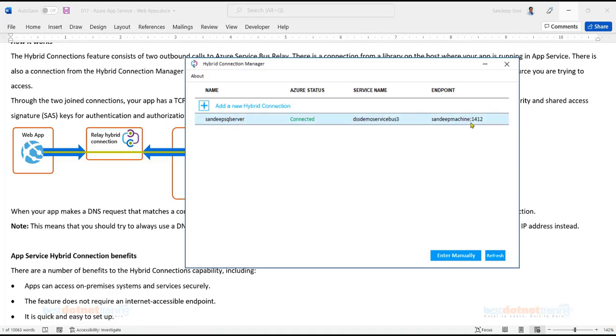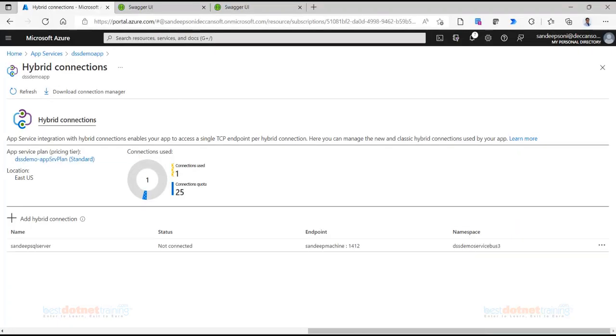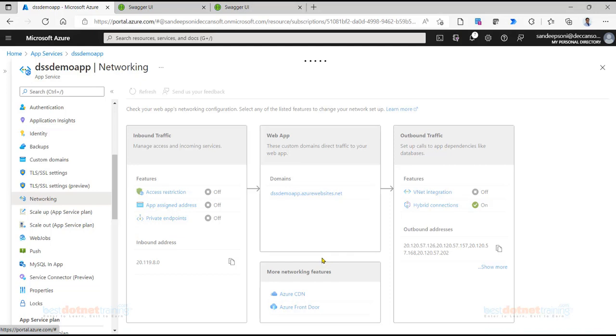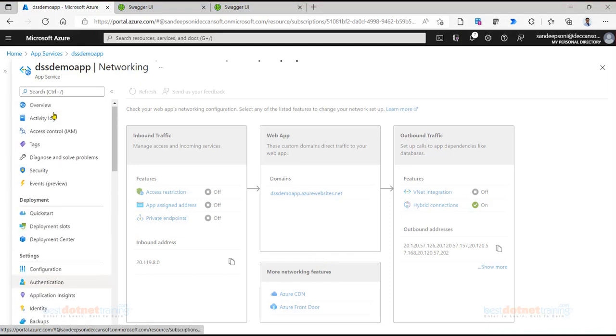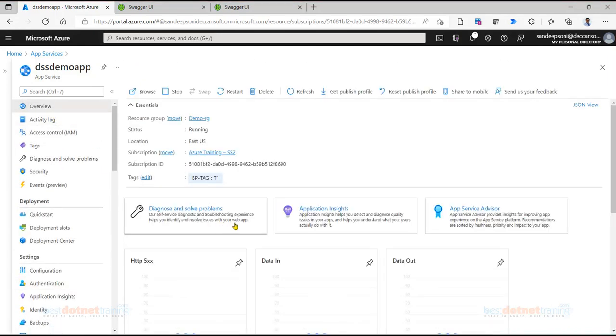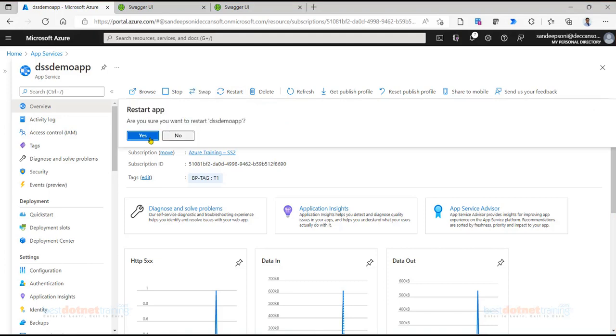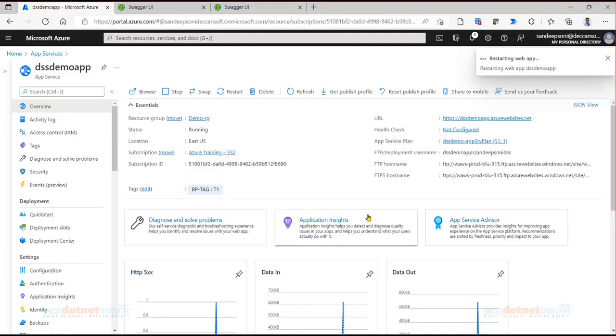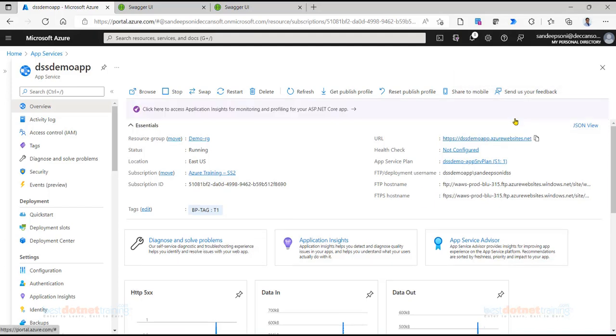So Sandeep machine 1412. Let's go back to the same app service. Restart the app service. After you restart the app service, go to the same URL with Swagger.